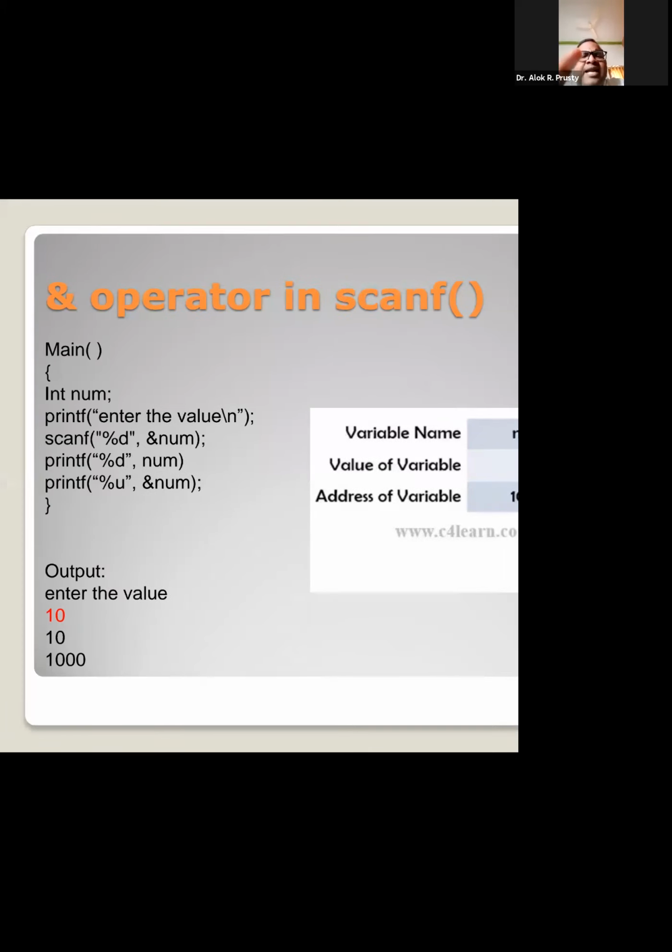Now I want to print the value. In the printf statement I have used %d inside the double quotation marks, that is the format specifier. Simply I have written num. Num is the variable name. The value present in num is 10. It will display 10. Then I am using %u, as I said, for unsigned integer. Remember, no address of memory can be negative. That's why every address in memory is treated as an unsigned integer. Hence, it is called the address of operator, &num. Now the address of operator will fetch the address of which variable? Num, and the address, for the timing of this picture, is 1000. So it will come up with these particular values.